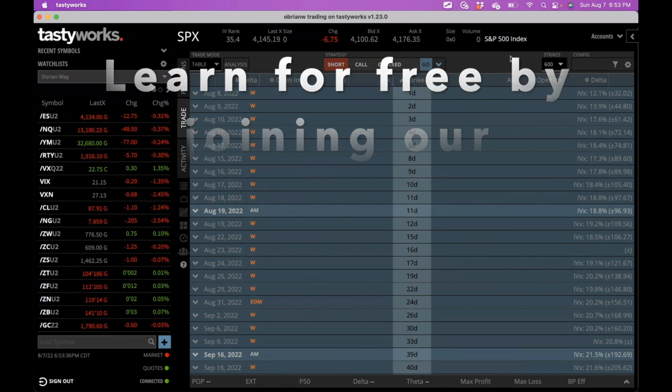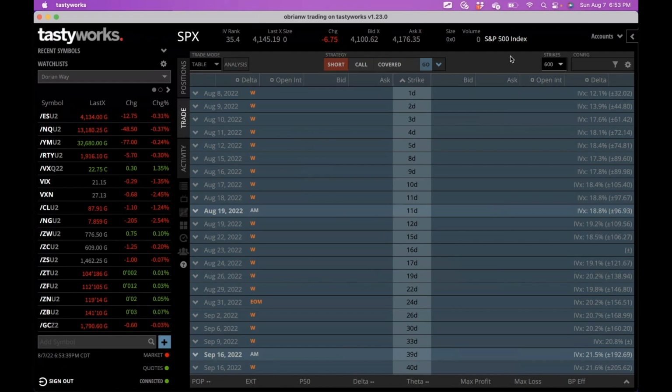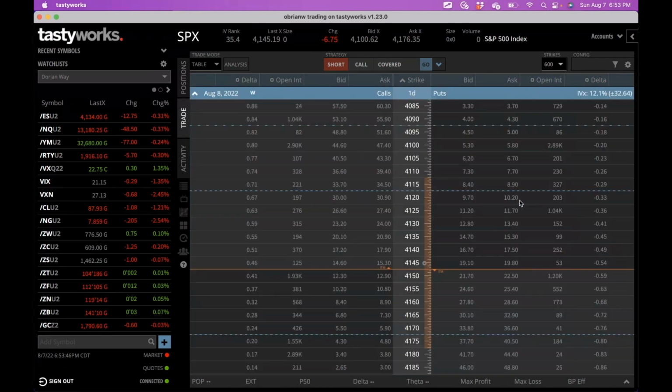So to give you a little information on how this is set up, we're going to use this option chain here. We're going to go to this 1 DTE, days to expiration. The market is closed right now, at least the SPX stock market. The futures market is open, and we'll show you that in a second. But we're going to use a comparison of 1 DTE on both of these. This is the SPX 1 DTE. Just imagine if you were doing this on 0 DTE. DTE just means days to expiration.